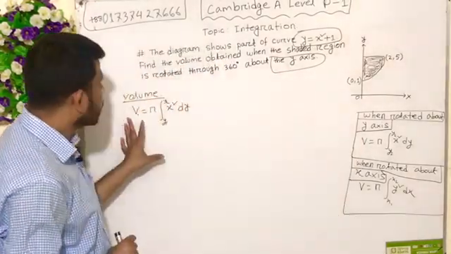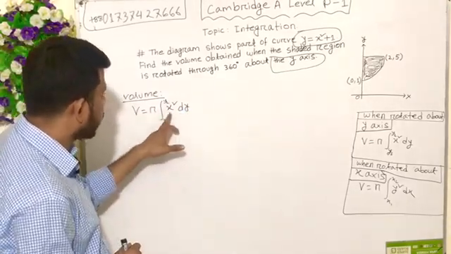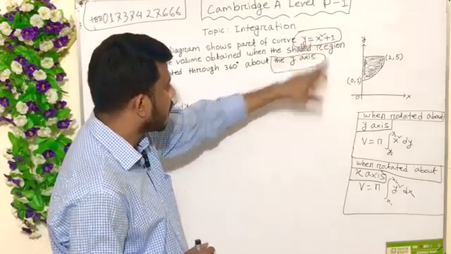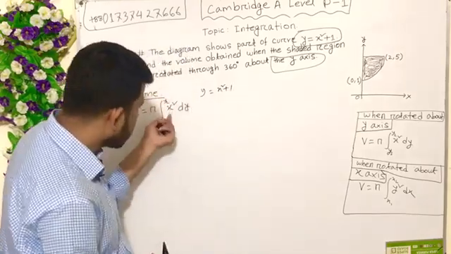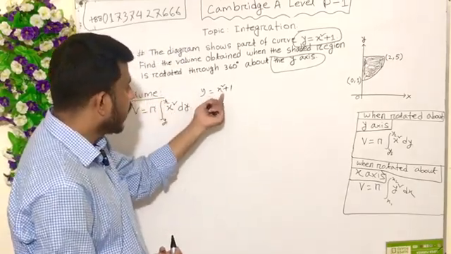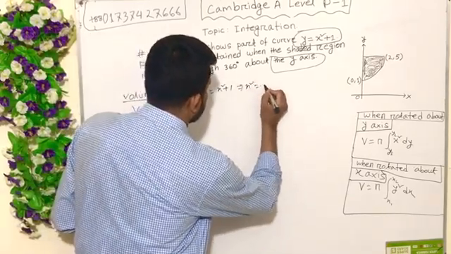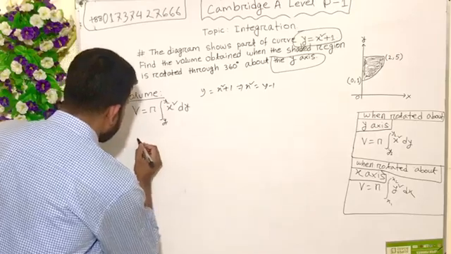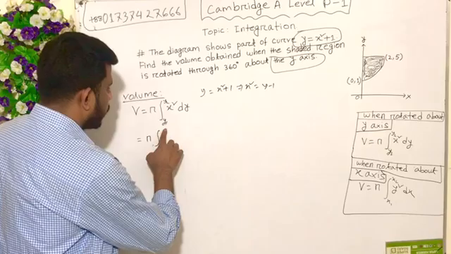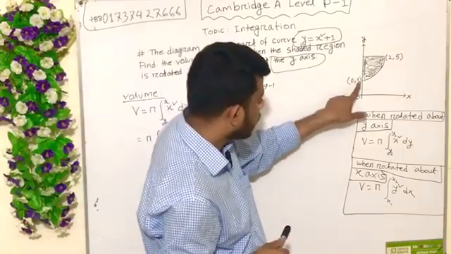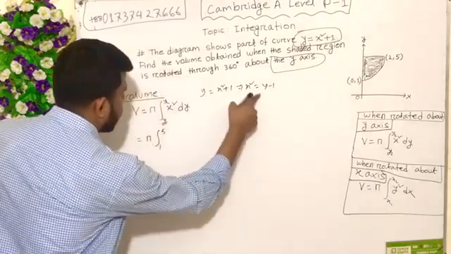Since this is the y-axis, we have to use this formula, and here it is x² dy, and the curve is y = x² + 1. Since we need x², from this equation we make x² the subject, so x² = y - 1. Pi is just copied, and the limits will be y1 and y2, where y1 is 1 and y2 is 5. So 1 and 5, and x² is y - 1